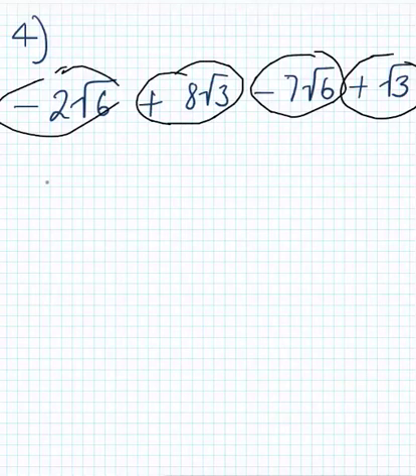Just so you don't make any mistakes with negatives. Alright, and I've got minus 2 square root of 6. Any more square root of 6? Yes, it's here. So minus 2 minus 7. That leaves me with minus 9 square root 6. And you can cross it off